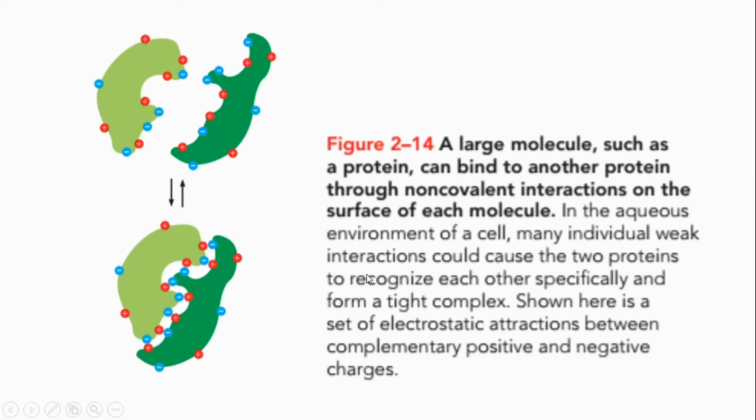Now, this is an interesting feature. A lot of times, when we get something from a hardware store or whatever store, and it requires assembly, you have to position the parts correctly and connect it. In the cell, there are systems that will spontaneously assemble in the random motions of the cell. These parts will just kind of jiggle around. They'll find each other and connect, which is a very interesting property. They'll have just the right strength of attraction to find each other and then connect. So that's a marvelous property of proteins that facilitates self-assembly.